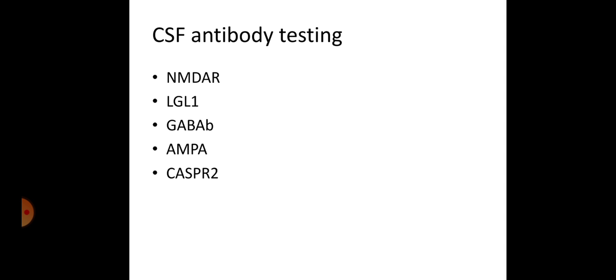Now the CSF antibody testing. Apart from the routine testing, some autoantibodies can be detected in CSF, which suggest autoimmune encephalitis. Some of them are the NMDA receptor antibody. It is present in autoimmune encephalitis, mainly in young girls with refractory seizures and psychiatric symptoms. Another one is LGI1, which is present in limbic encephalitis; GABA-B is also present in limbic encephalitis. CASPR2 antibody is present in CSF